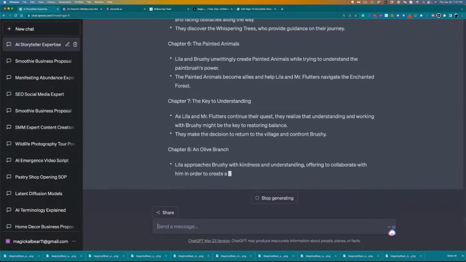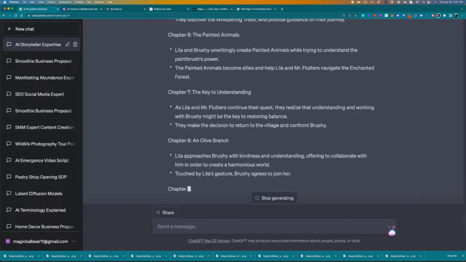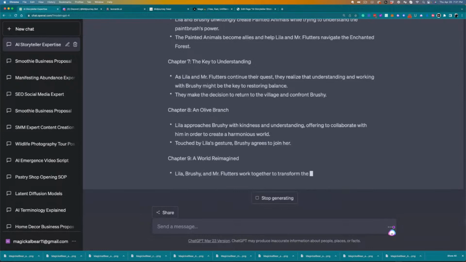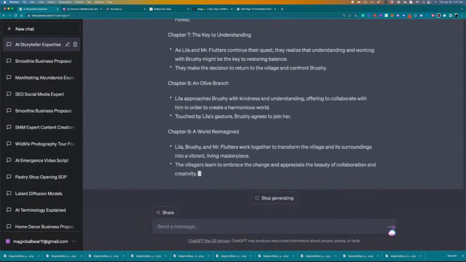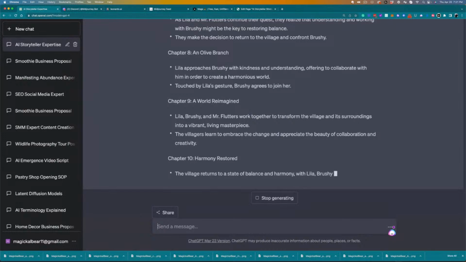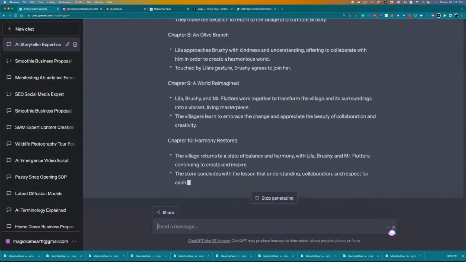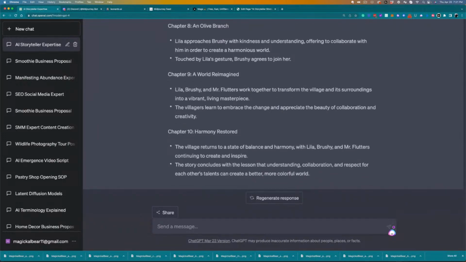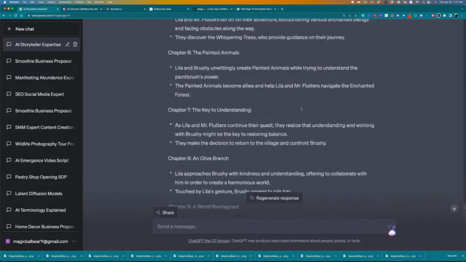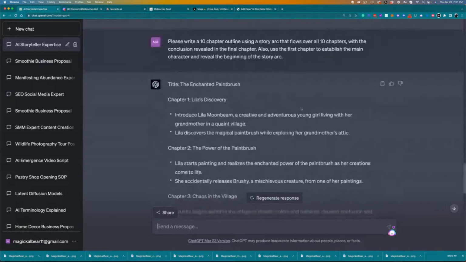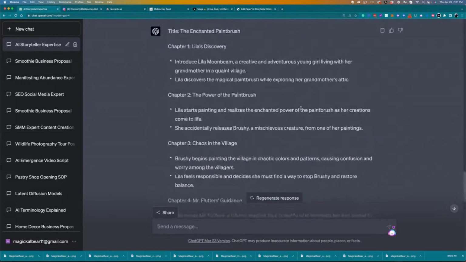But a couple things to keep in mind, because chat has a continuity issue, writing chapter to chapter. So you can't just say, write chapter 1 for this story and then write chapter 2. It won't work. You'll have a lot of problems. And so now we have a 10 chapter outline, very basic outline. And so with that established, we can then come back here to chat again and say,